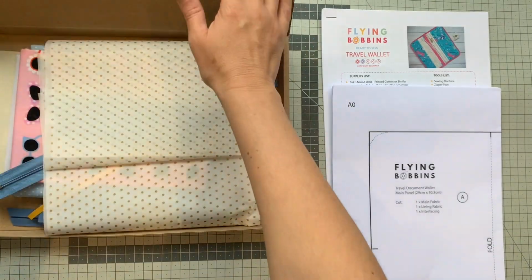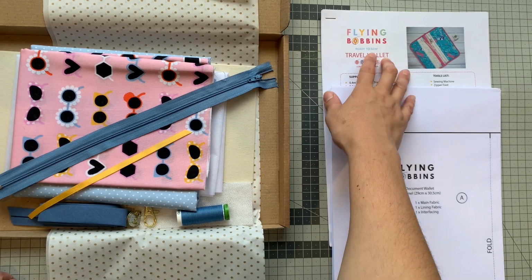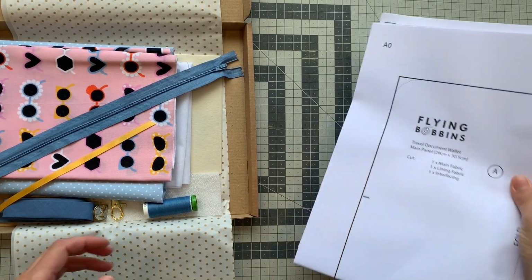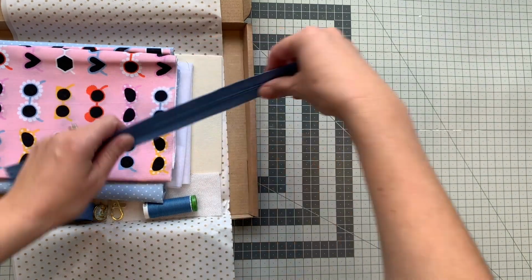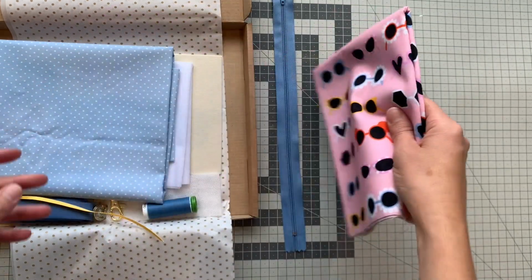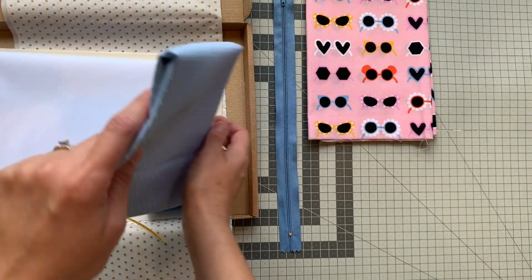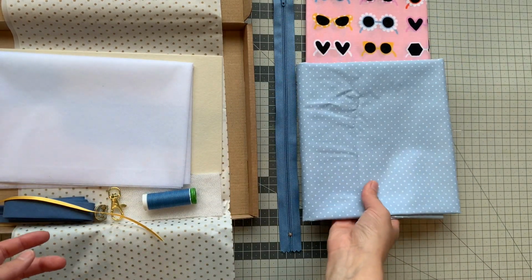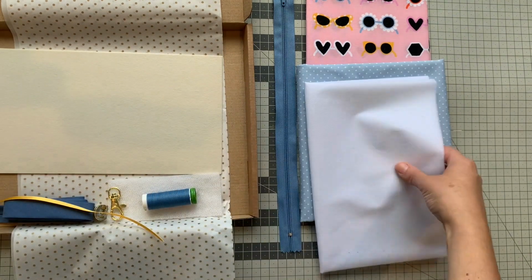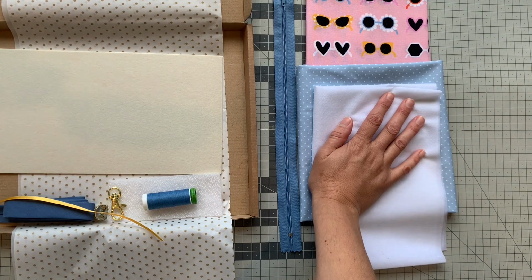So inside your Flying Bobbins kit, you will of course get your paper pattern and your instructions, and then the supplies that you're going to need are a 25 to 30 centimetre long zip, 40 centimetres of fabric for the outside of your wallet, half a metre of fabric for the inside of your wallet, some everyday medium weight interfacing,